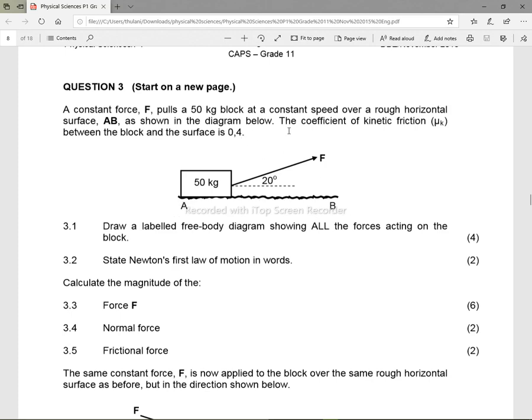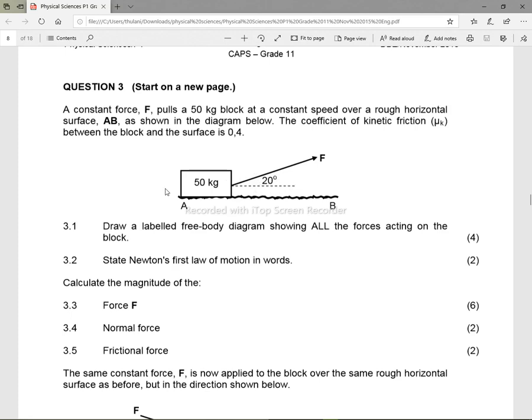And the coefficient of kinetic friction, mu k, between the block and the surface is 0.4. So we are given the coefficient of kinetic friction, and the block, which is 50 kg. We don't have the force, but the force is acting at an angle